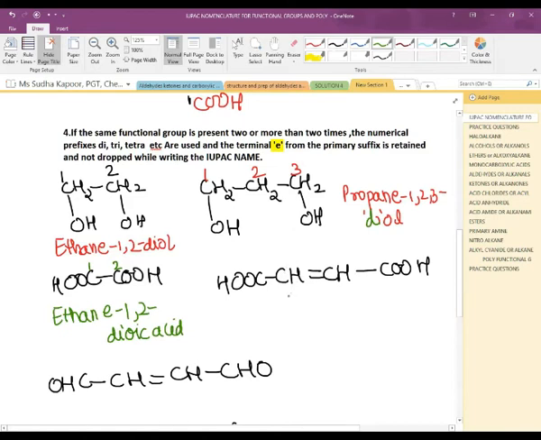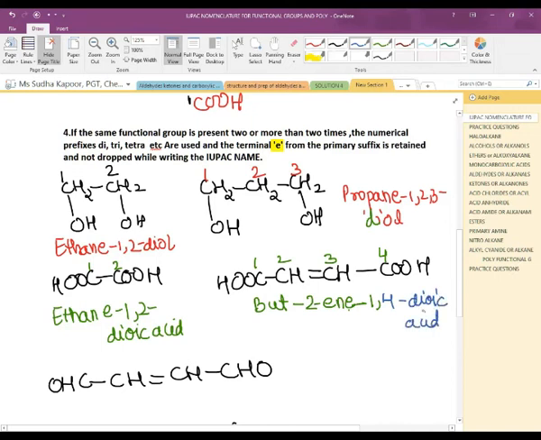Now this example, it is having the functional group as well as the double bond. We have to give importance to both of these. So the numbering is done like this. So the double bond, the functional group, both are getting the lowest possible number. So in this case, bute. First of all, we will give the number of the carbon. Then type of the bond is ene, 2-ene. Don't remove the E of the ene. Then 1,3, it is 1 and 4, sorry. It is 1,4-dioic acid. On the first and the fourth position, it is the oic acid. Bute 2-ene 1,4-dioic acid.